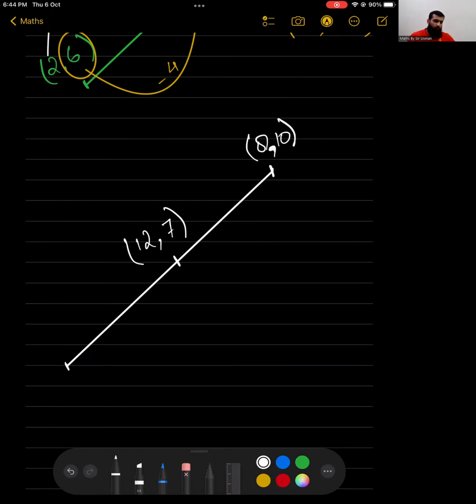Okay, so we have the midpoint as 12,7. We have the other side as 8,10. We need to find the first point, which is unknown. तो आप लोगों ने इसे वर्किंग के बगैर डायरेक्टली सॉल्व करने की कोशिश करनी है एंड लेट मी नो व्हाट योर आंसर्स आर, ऑल ऑफ यू।